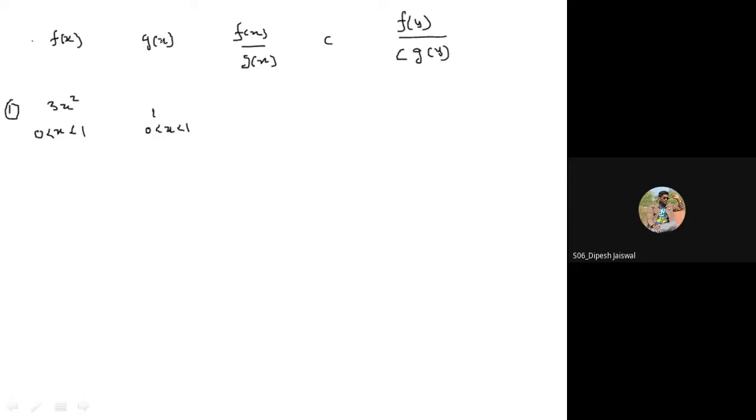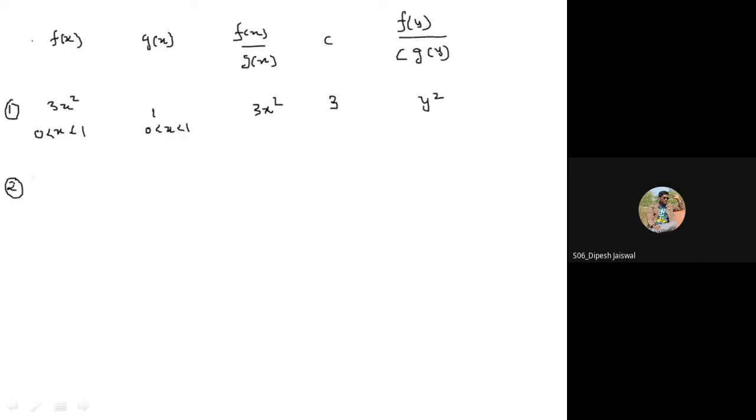If we take y here, then you can take y, there is no issue. So when you take this ratio, it is 3x square. And what should be the value of c? The value of c is 3. And what is this ratio f(y) upon c of g(y)? It is y square. Okay, so we have to write the corresponding steps.